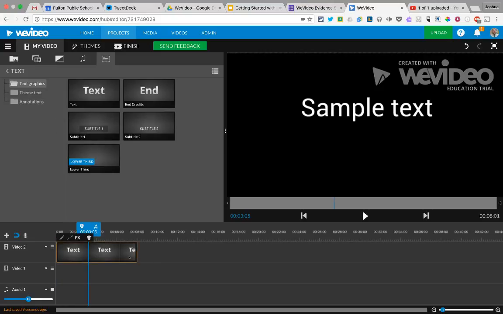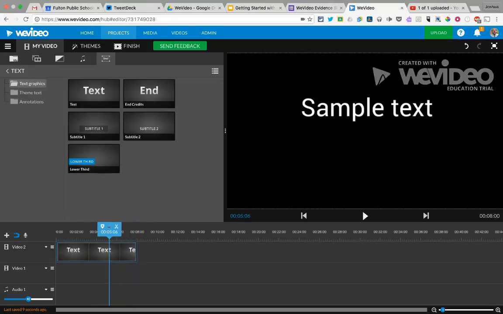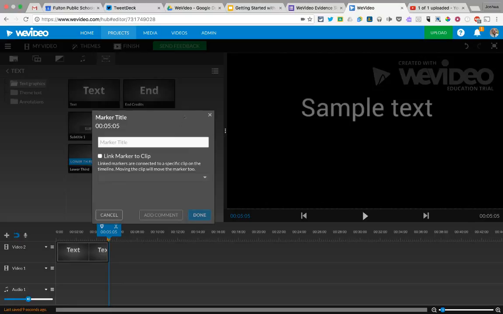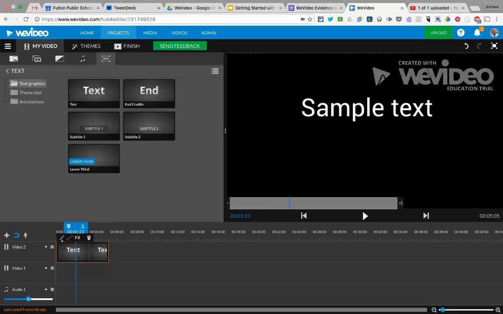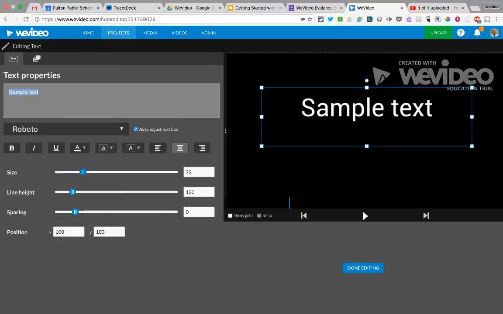Okay, so I got this text slide here. It's going to be 8 seconds. That seems long. I want this to be shorter. If you want to shorten a slide or a video, you can just grab the end of it and slide it that way. Or you can move this cursor and click the scissors to cut, and then you can delete another segment. Whoops, hit the marker. So I want this to be that length, and then I want to change what it says. It's going to say the greatest film ever